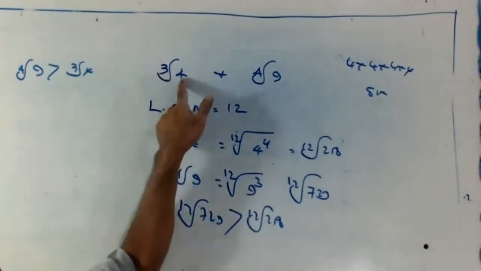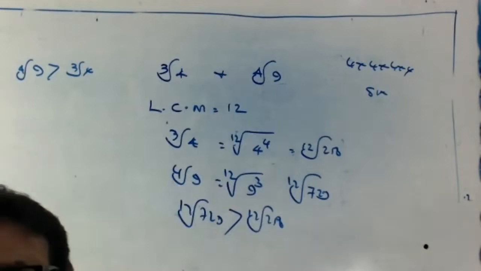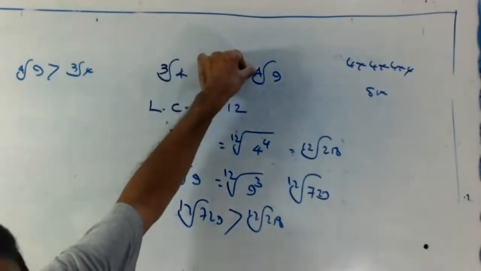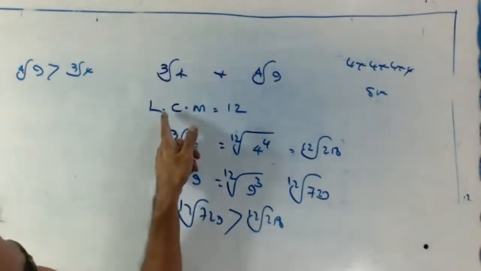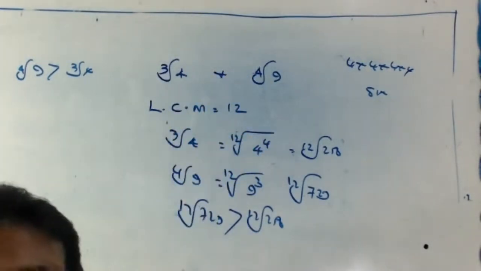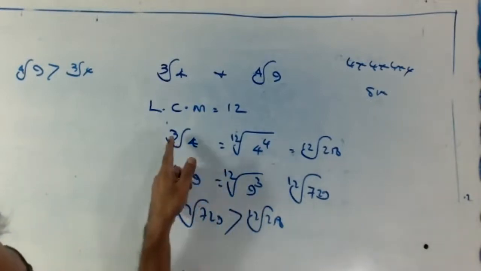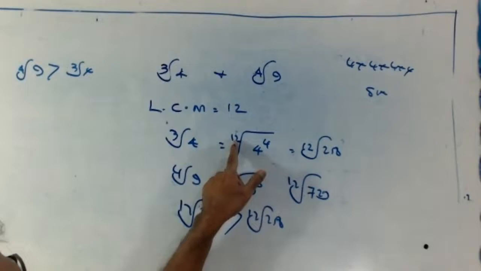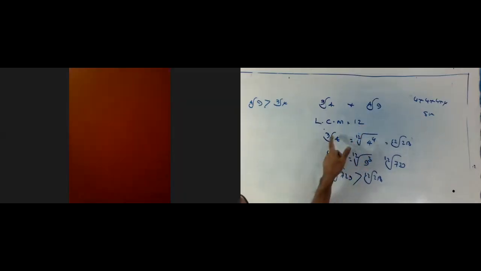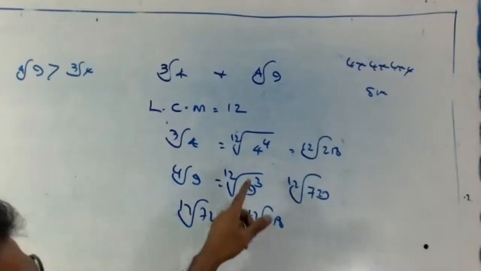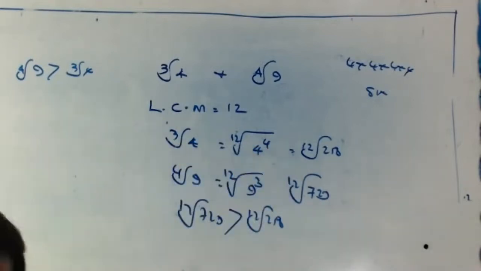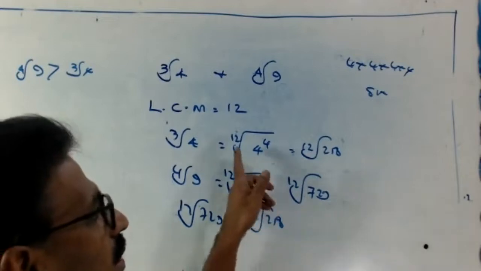Okay. Cube root of 4 and 4th root of 9. Here the order is 3. Here the order is 4. Have you learned before? LCM of 3 and 4 is 12. 3 into 4 is 12. Okay. Then cube root of 4, same question, copy here. Here, write first 12. Okay. 12 divided by 3 is 4. Then this 4 is raised to 4. That means this one and this one have the same value, only the order is different.